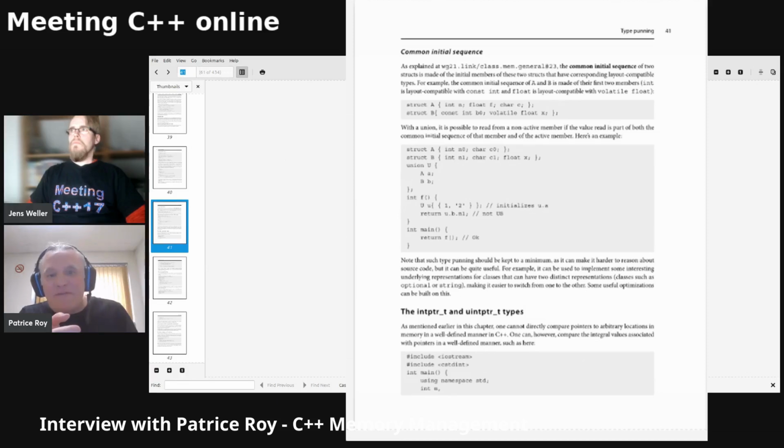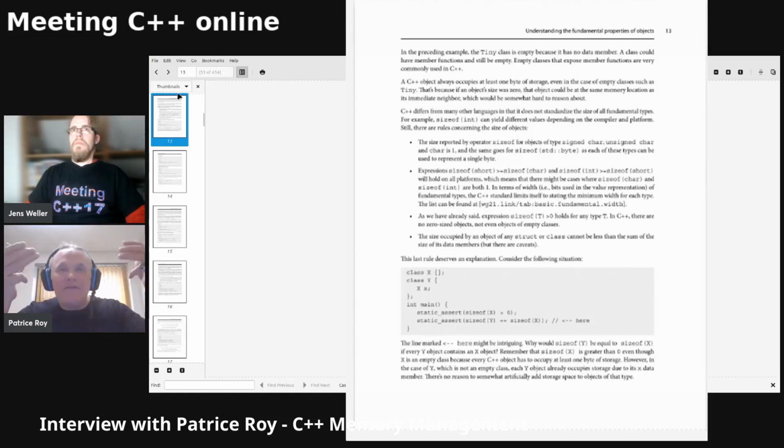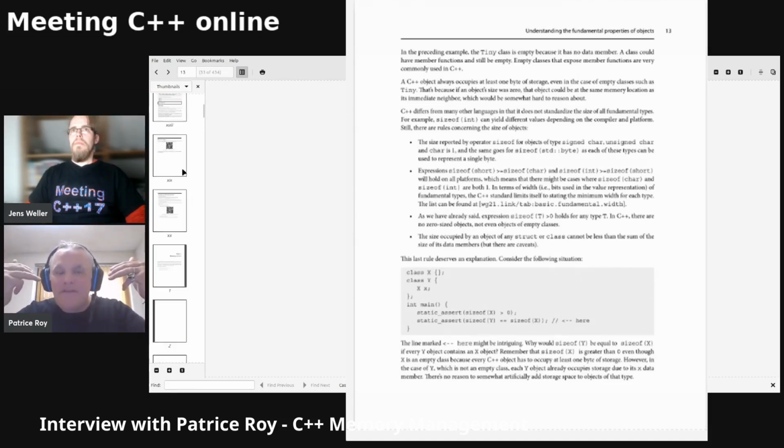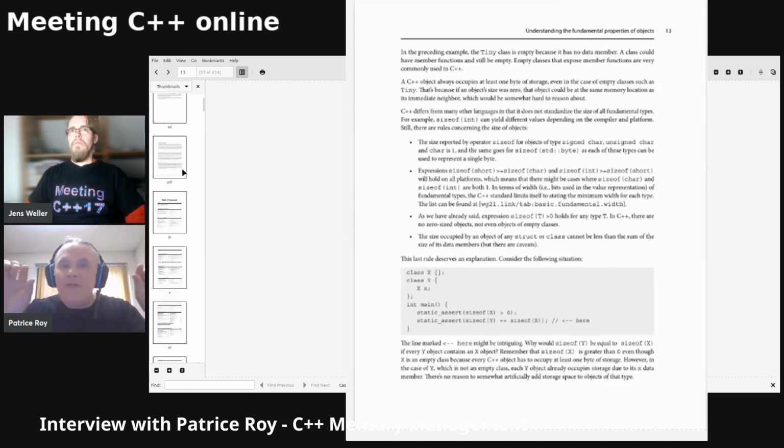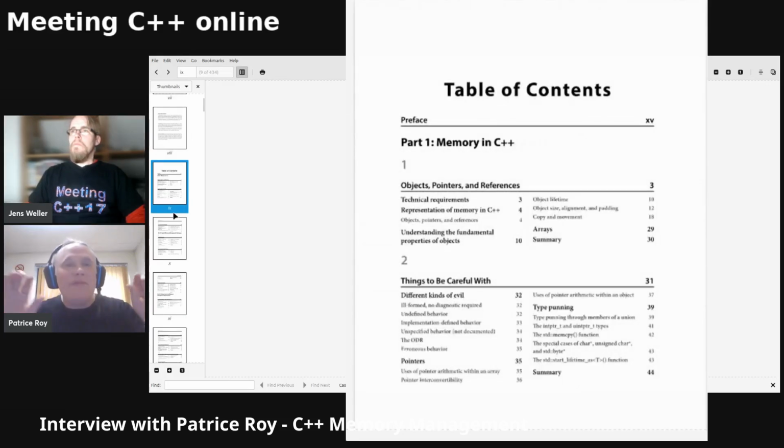Well, std byte is a C++17 feature, and it was controversial when it came out because if you go back to before C++17, the word byte, when you saw it appear in C++ code, it usually came from platform headers like Windows.h or the Unix stuff, and it was an alias for, let's say, unsigned char or something like that. So you ended up with a type that you could do arithmetic on. And now with std byte, you can do bitwise operations with it. You can cast it to an integer because it's an enum built on some kind of unsigned char, but you cannot do arithmetic based on it.